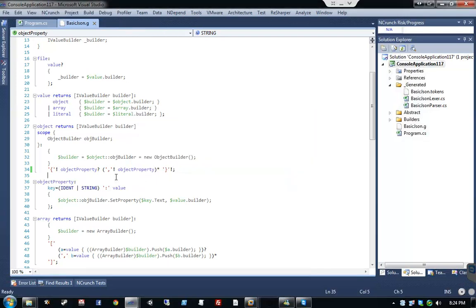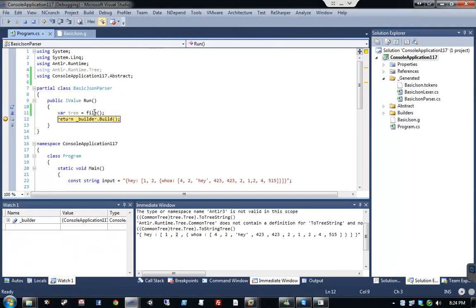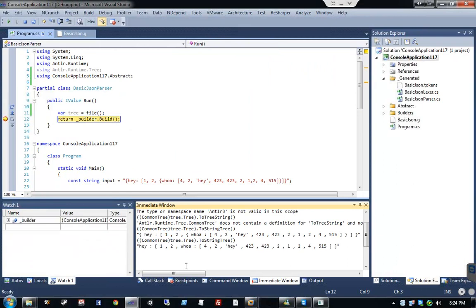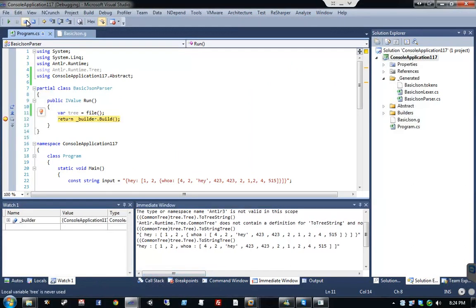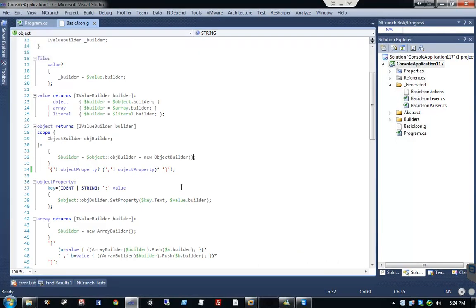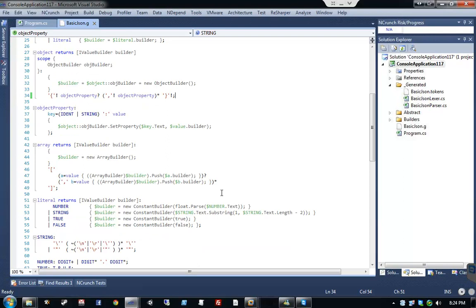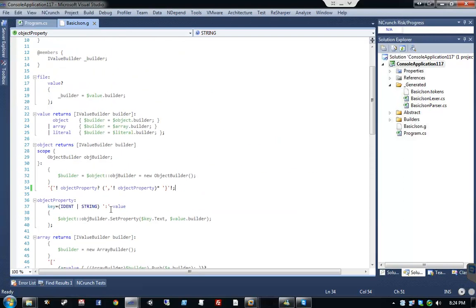What I just did was I removed these tokens from being sent into the tree that ANTLR generates. So if I were to run this again, we would no longer have those tokens. That's one way to get ANTLR to change the way that it outputs tokens. Another way is, and we're probably not going to be using this way, but I still want to express it,